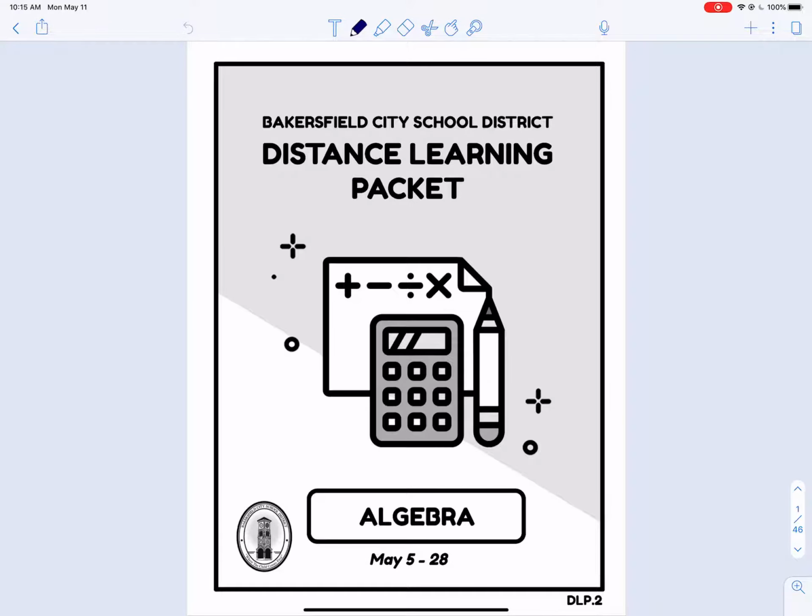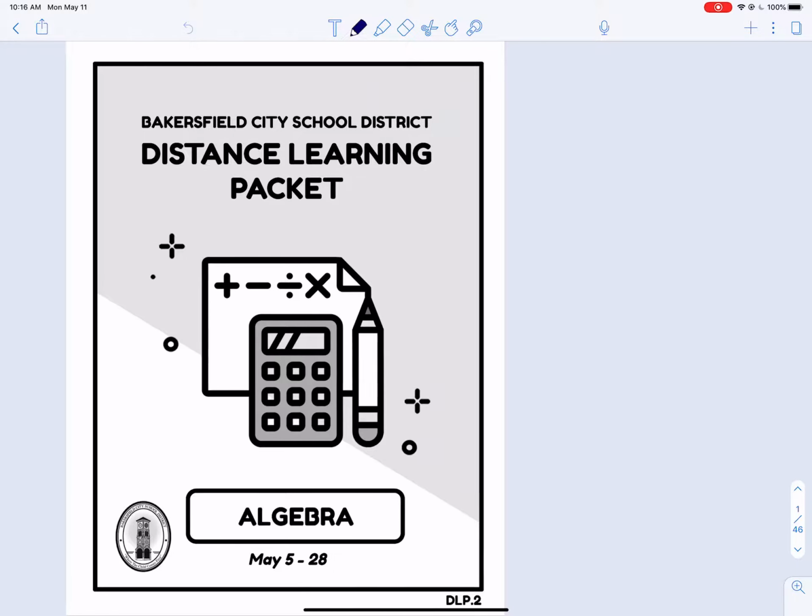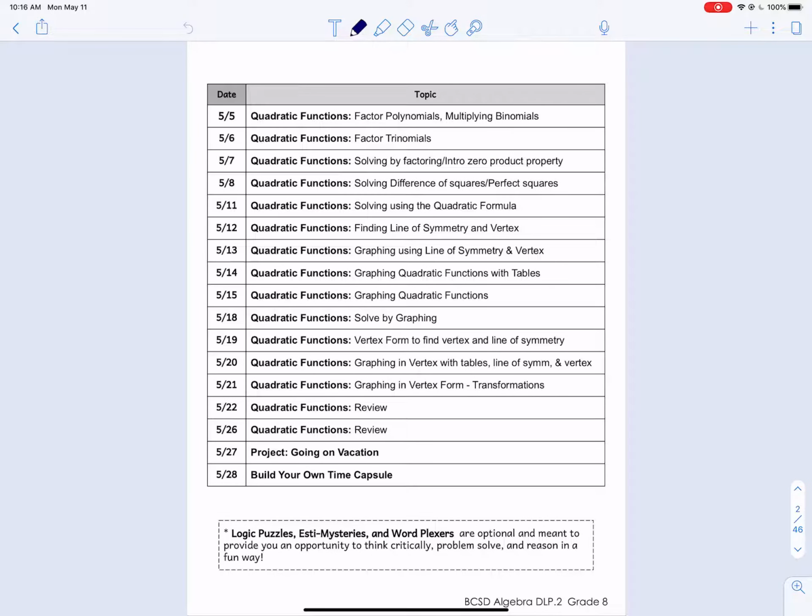Okay, so this is the final packet for 8th grade algebra. It is phase 3, and this is what the front of it looks like. It's set up by date instead of days, so you can see the calendars here,